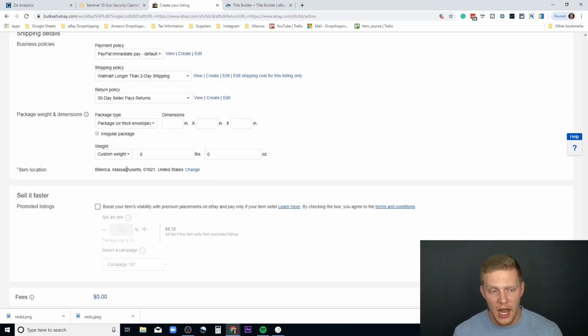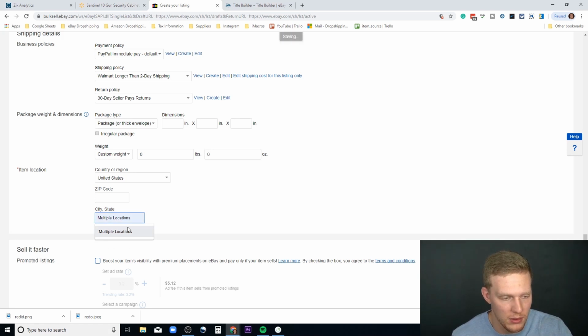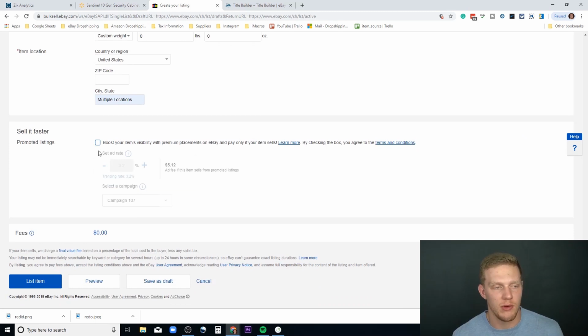Weight, item location, I would put multiple locations. I don't know why mine says Billerica, Massachusetts. Delete the zip code, and then you really just want to type in multiple locations right here, and you should be good. If you want to promote your listings, you can do it right off the bat right here by